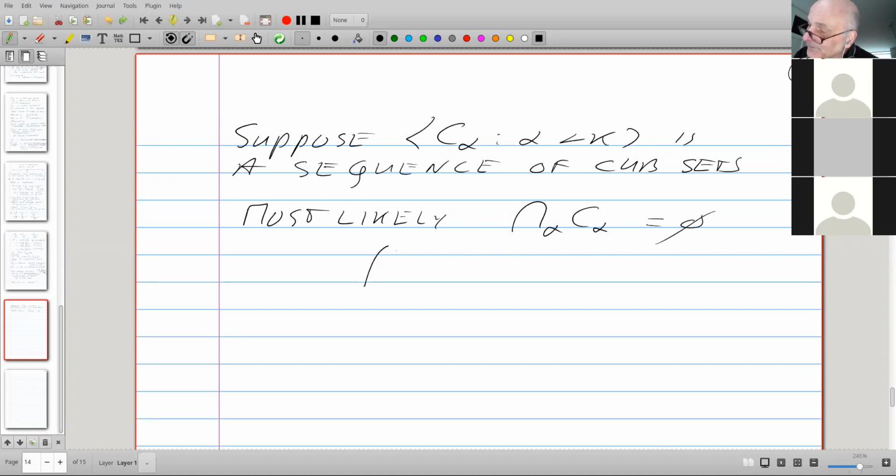For example, if you take the final segments, those are closed and unbounded sets, their intersection is empty. So that is not very exciting. But there is another thing you can do to the closed unbounded sets, and that is take this.